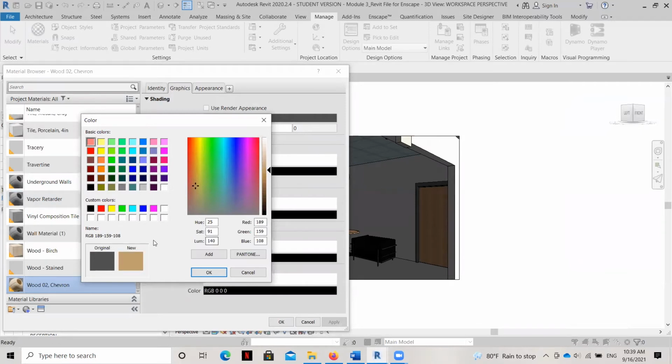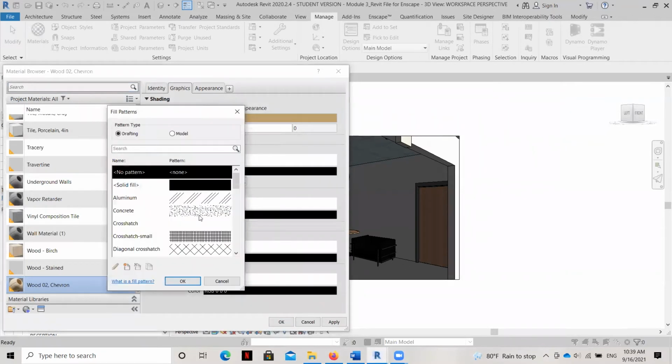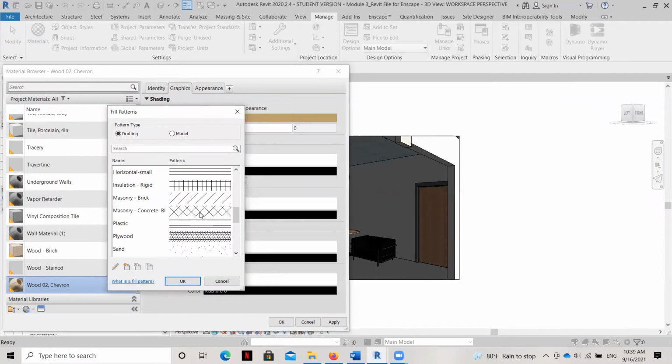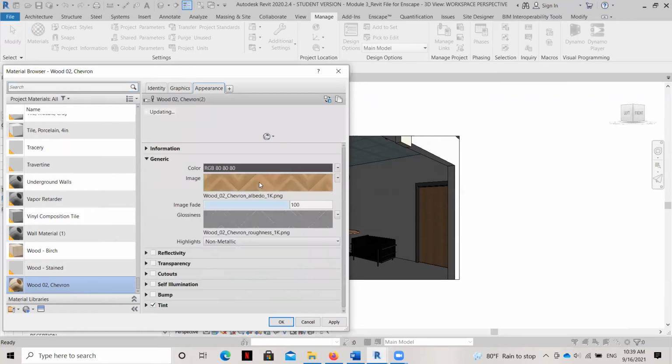And that's going to start to mimic that color a little bit on this quick rendering here. I'm going to go ahead and make sure that I change the surface pattern, just so that if I look at it on the design plan, I know that it's being applied. Now, notice the graphics and appearance tab. There's a difference, right? Graphics is how it looks in a quick rendering. Appearance is what it's going to look like in a more realistic rendering.